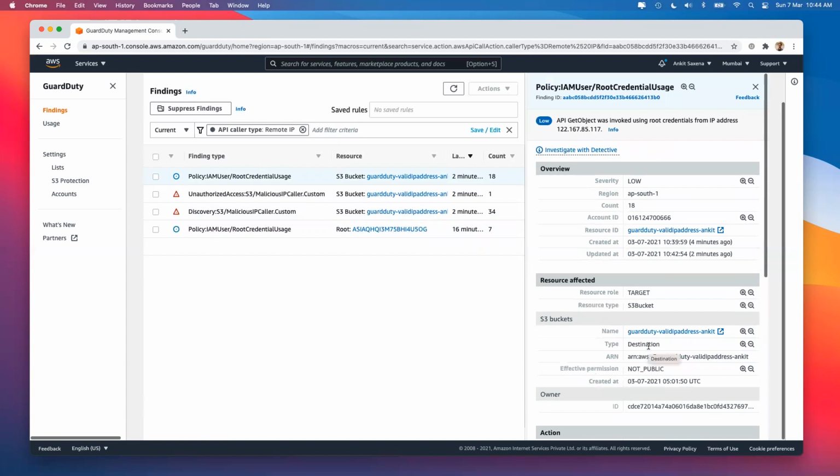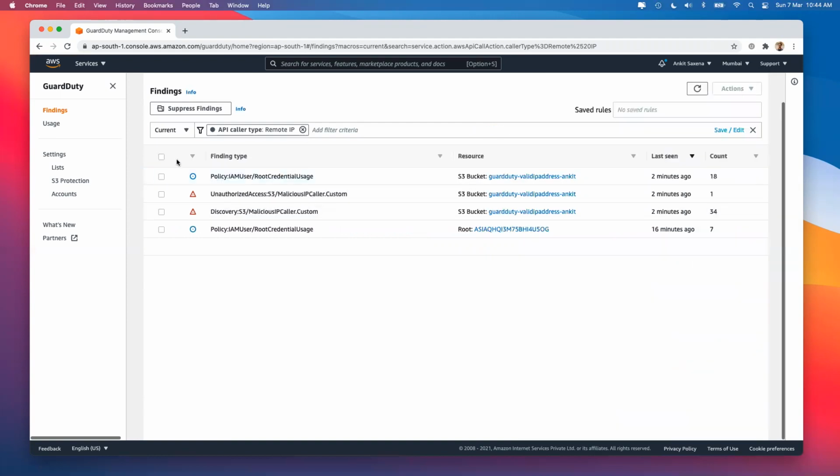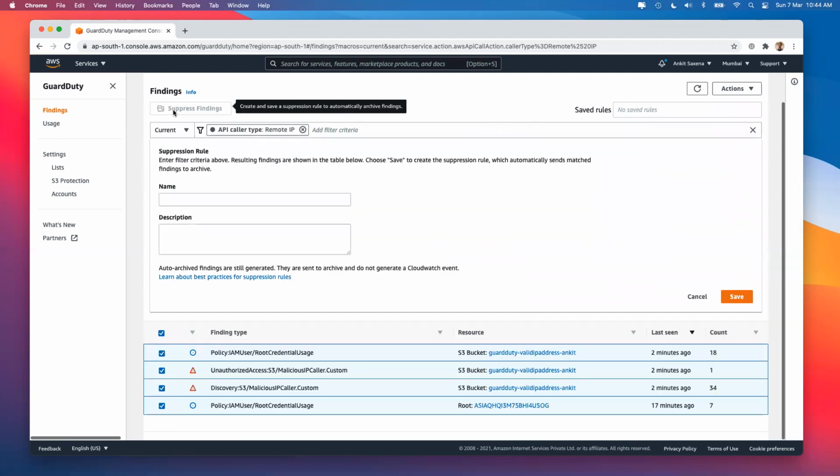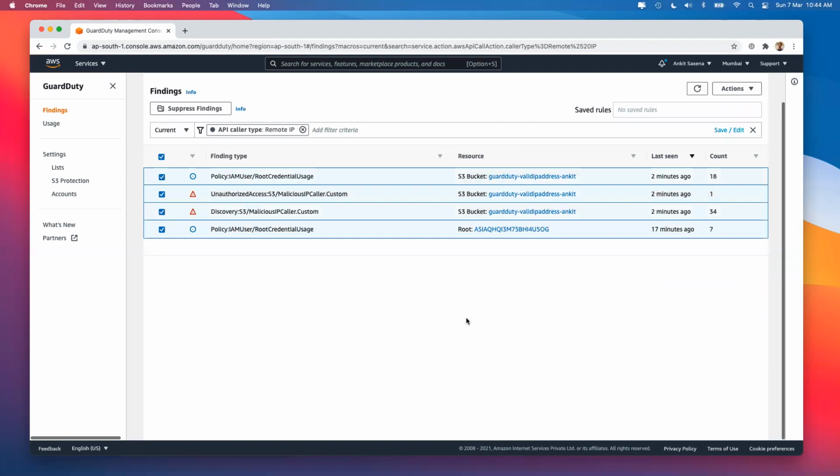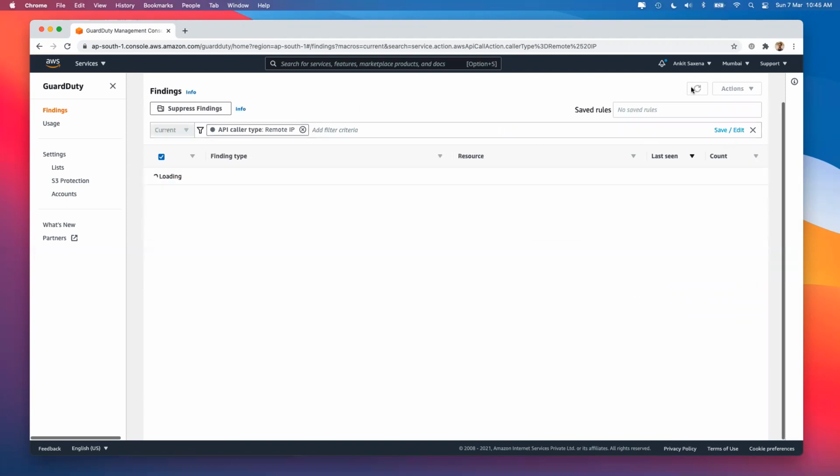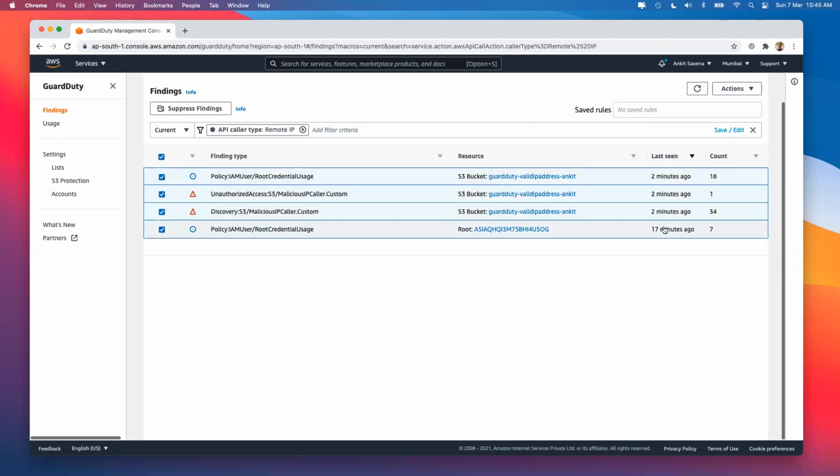So if in case you need to block certain IPs, or a certain list, you can take help from here. Now if you want, you can click over there, select that and click on suppress, and you can give the name and description. But because I had only created the event like that, that is why it shows up like this. So last seen, whenever you click anywhere outside, it's going to show you that.